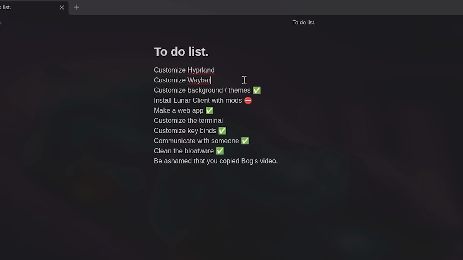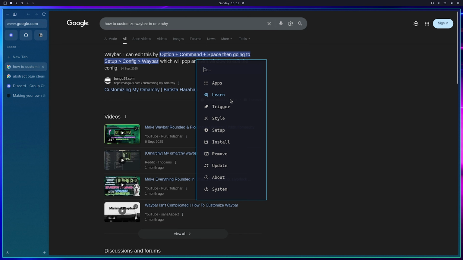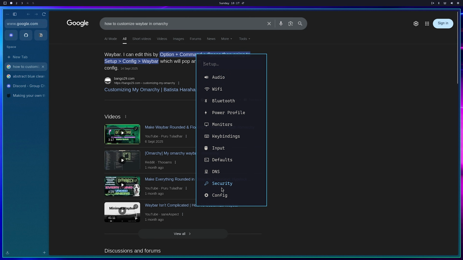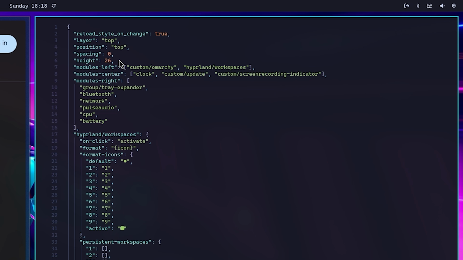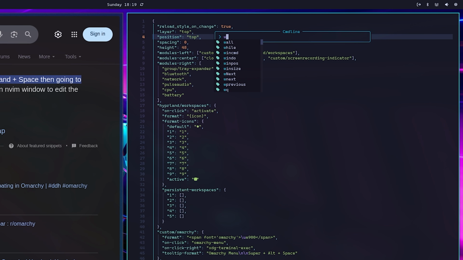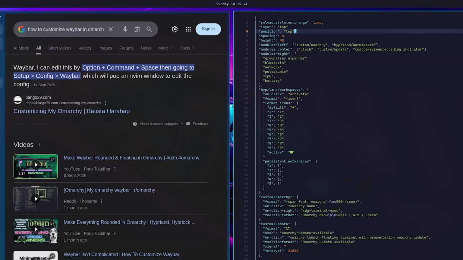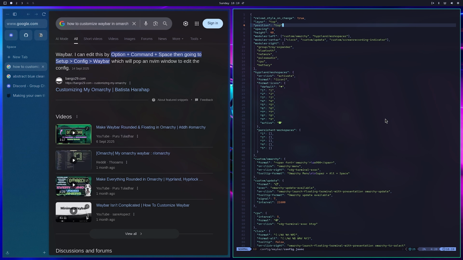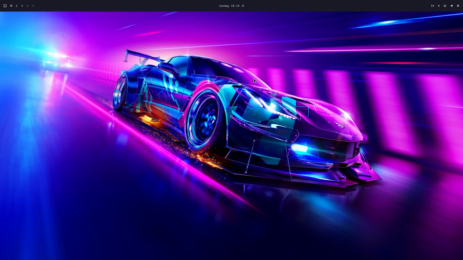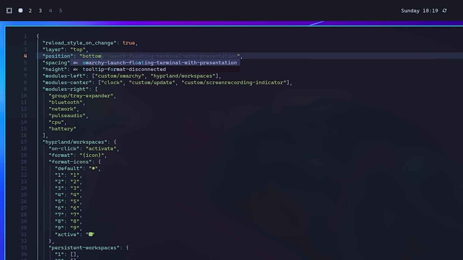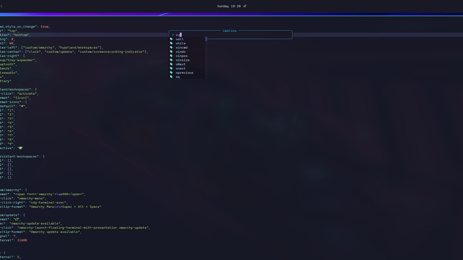And now which one should we do? Let's customize Waybar. Okay, so I've been struggling for a few minutes now, and oh, there it is. Alright, let's change the height so it's a bit bigger. That should be double the size. And so now if we write, nothing happened. Maybe if I close. Oh yeah, there it is. Okay, this is starting to look pretty good. Now I want to change this to bottom. So we write and quit.